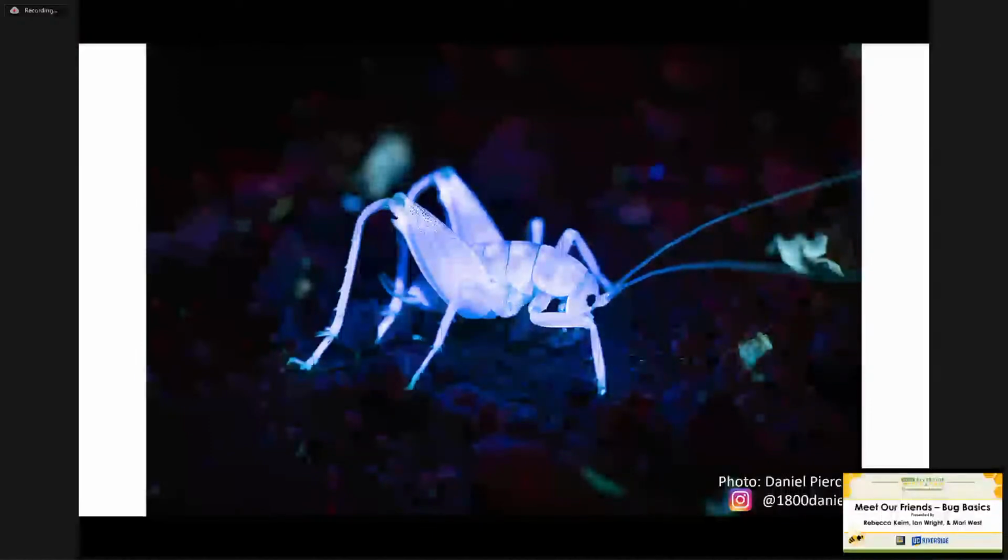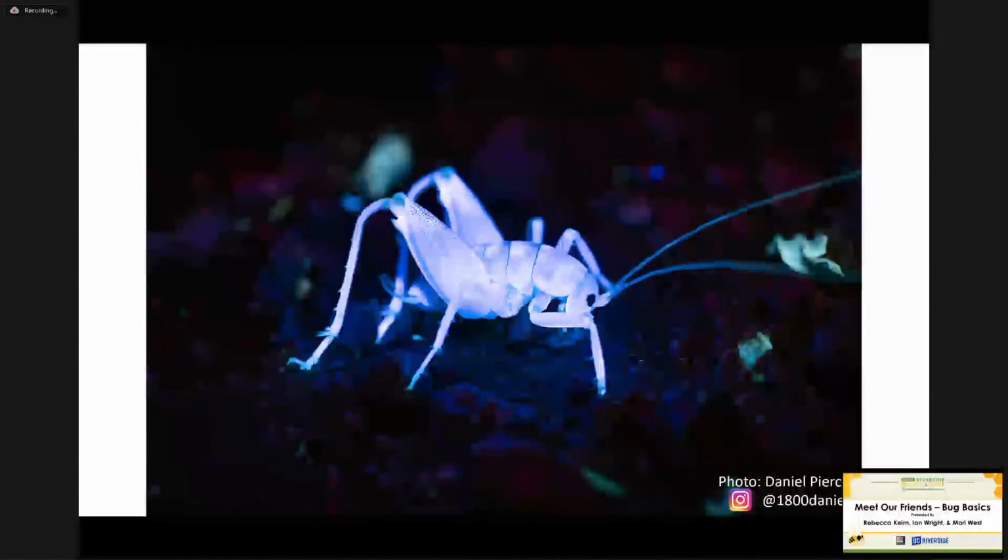So going into some of the theories about why they might be glowing under UV light, there are a few things. None of them have been confirmed, really. It's a very understudied topic. But one potential mechanism is, as I mentioned before, flowers will often glow under UV light. And so maybe a lot of these arachnids are hanging out on flowers and using the UV background as camouflage. So that's one theory.